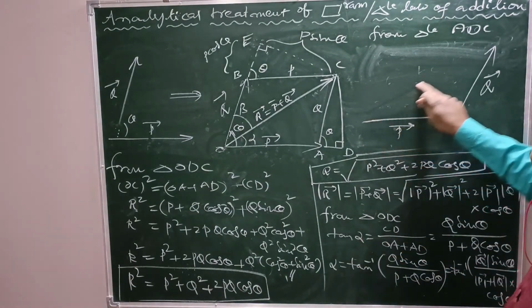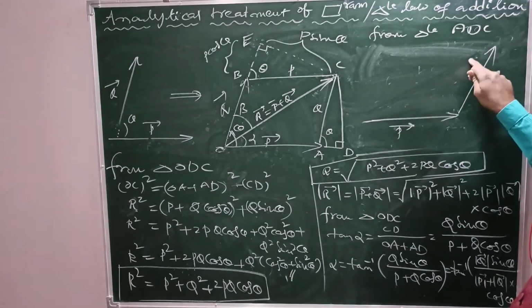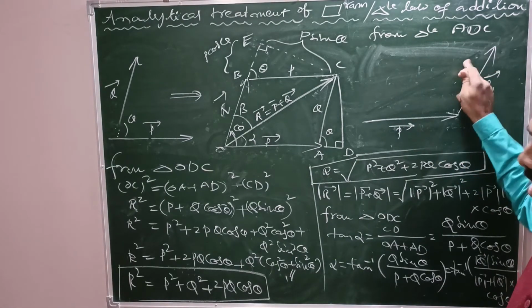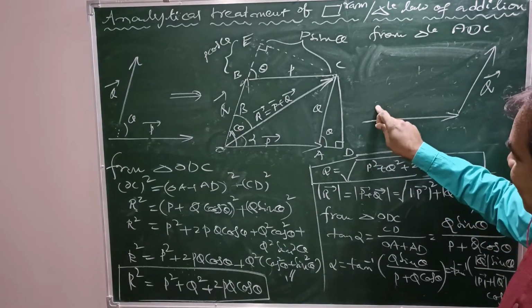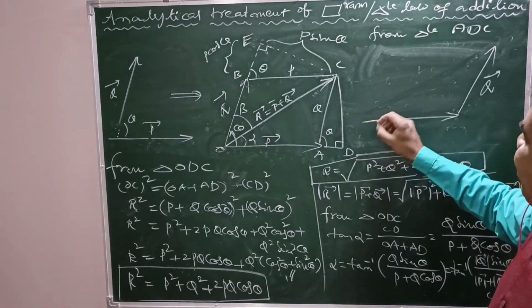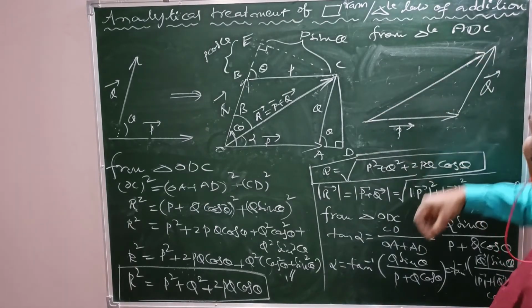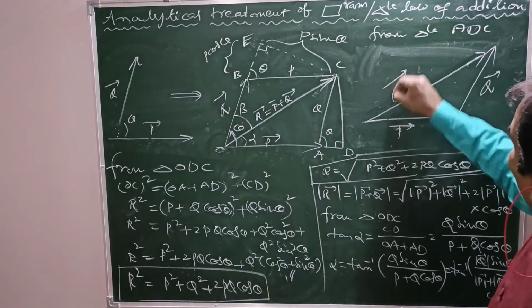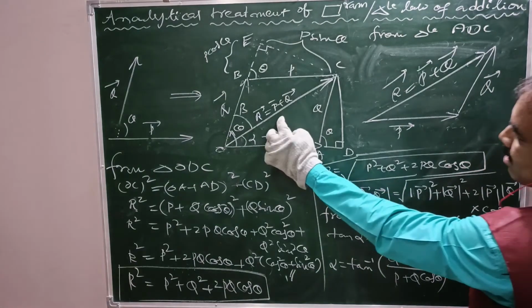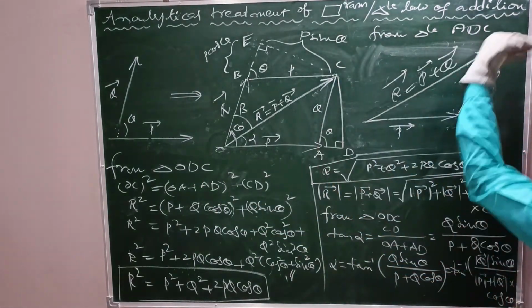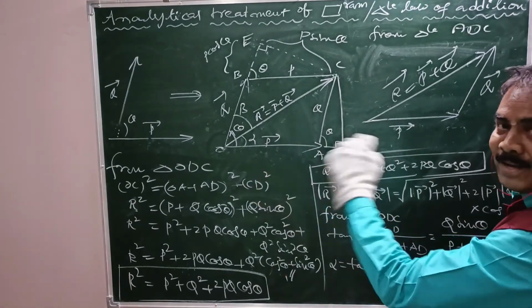Now this is the closing side of the triangle. These two are adjacent sides. This is the third side, that is the closing side of the triangle, taken in the reverse order. Taken in the reverse order means its tail is connected to the tail of the first vector and its head is connected with the head of the next vector. This is the resultant R bar, that is P bar plus Q bar. See, here also this is R bar, here also R bar. Both are one and the same, either by constructing a parallelogram, otherwise a triangle.